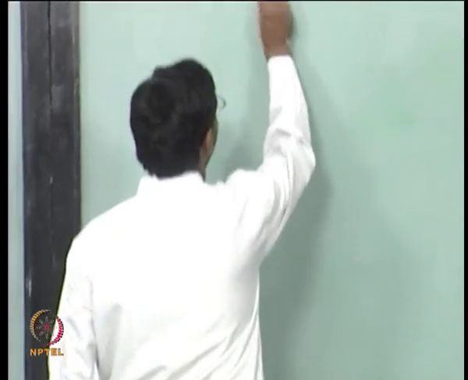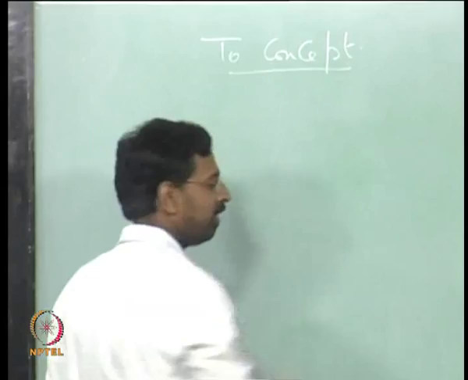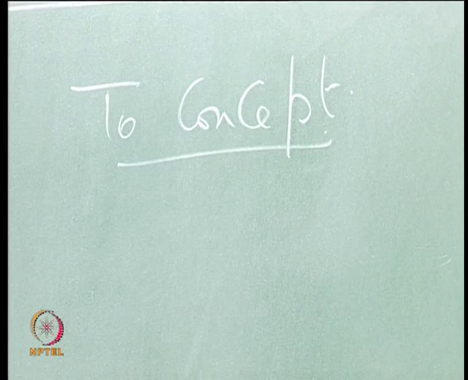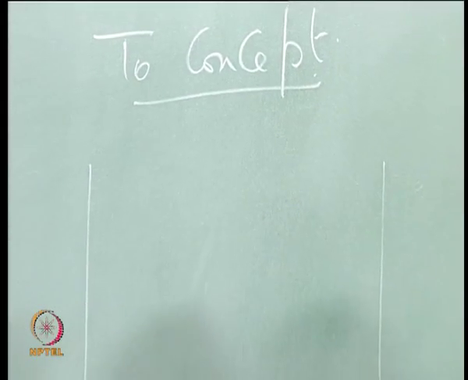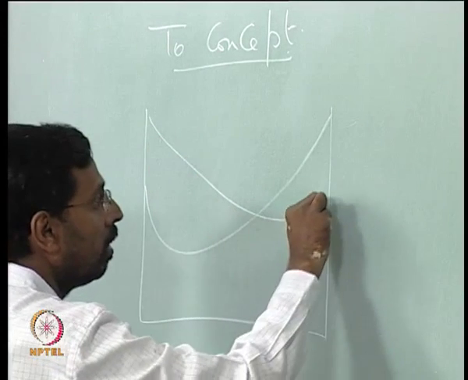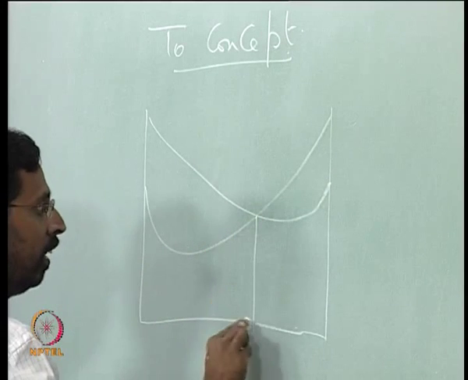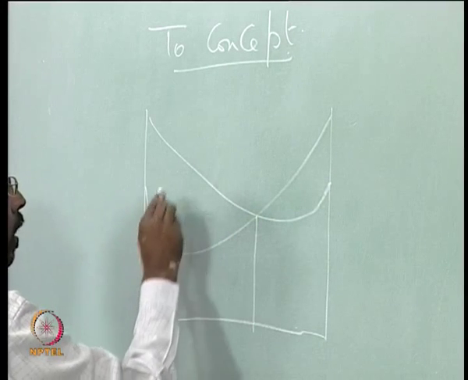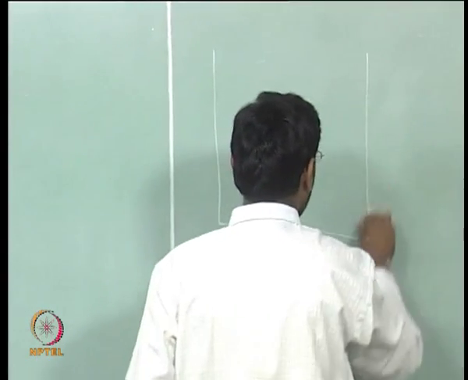Last class we were talking about what is called a concept, which we usually call the T naught concept. We did not use this term in the last class, we will use it today. What we were talking about is taking a free energy composition diagram, something of this sort for two phases, let us say alpha and liquid, in a phase diagram which is something like this.